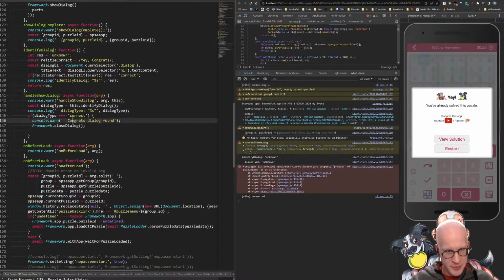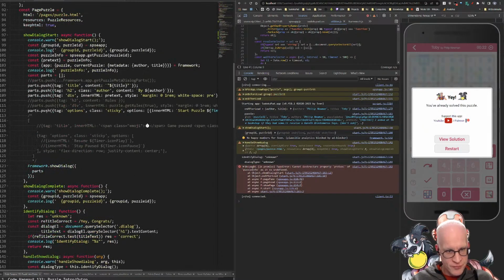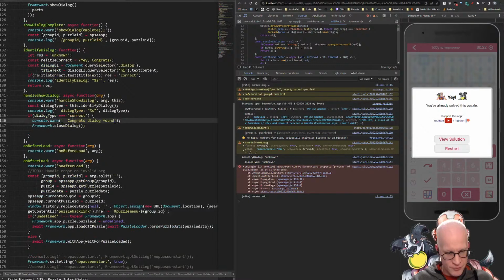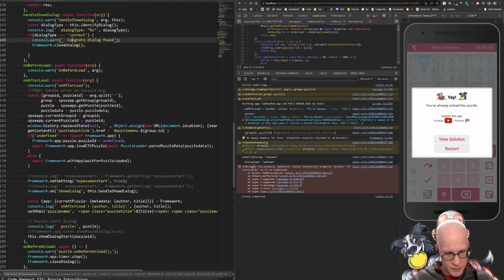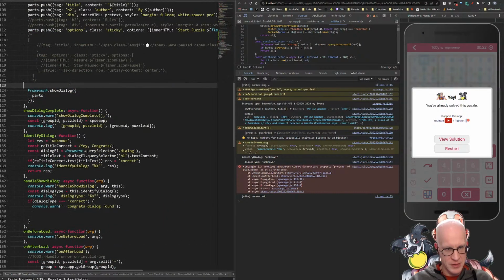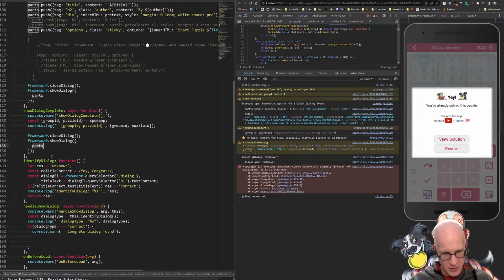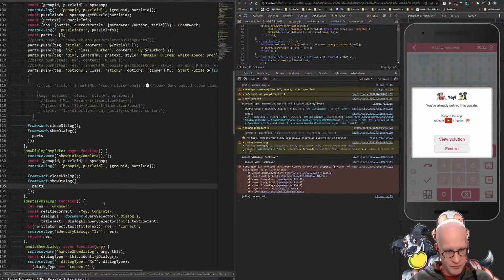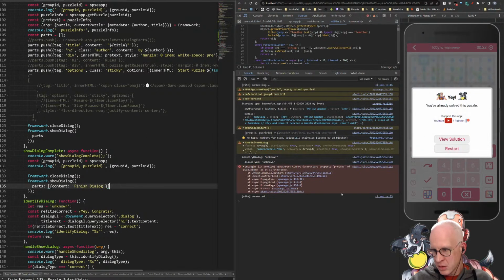And then here, I think we want these functions to take care of this themselves. And we do something like this, and we'll just say parts will just be an array, and it's just gonna have content, finish dialog, just as a marker. And